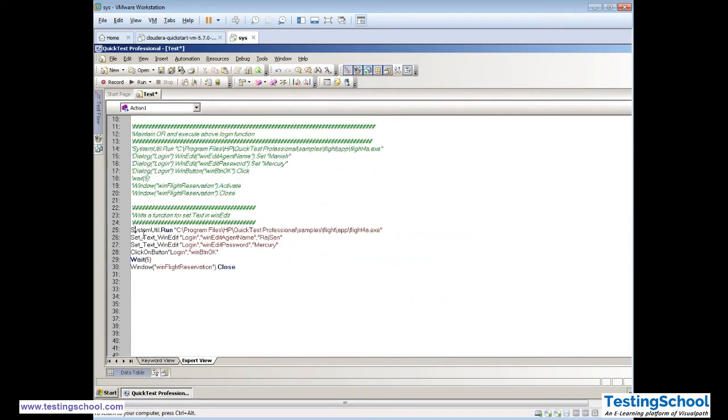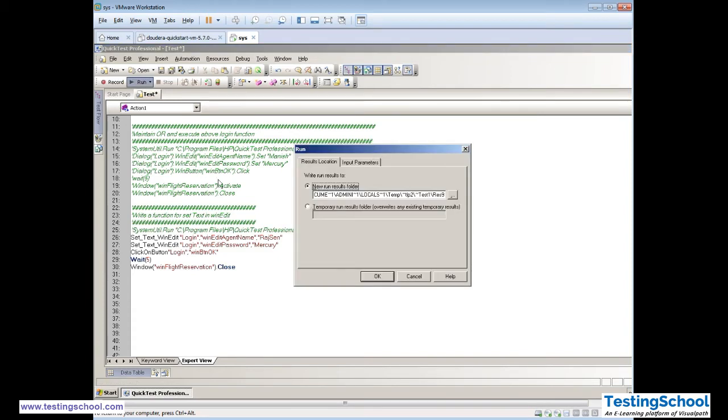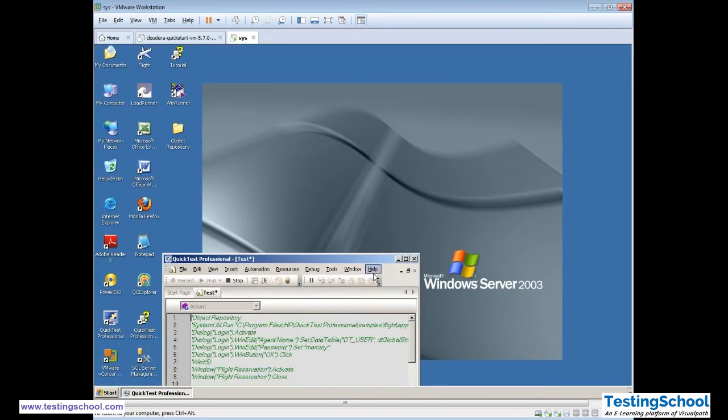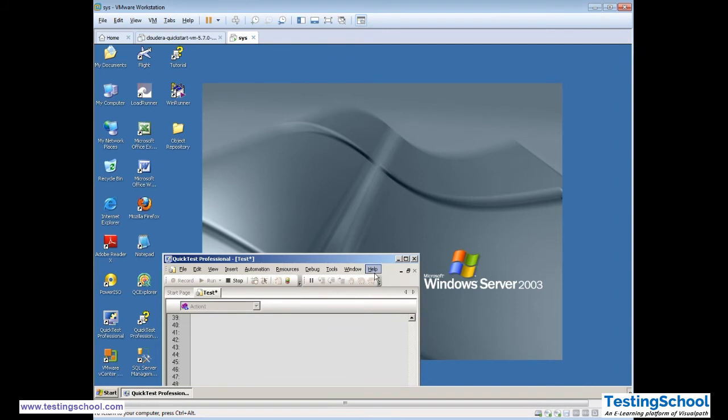Now we'll see one example where this will fail. We will not launch the application, we will simply execute this test case. Let's see. So this application itself is not there in the system. Ideally every step should fail.